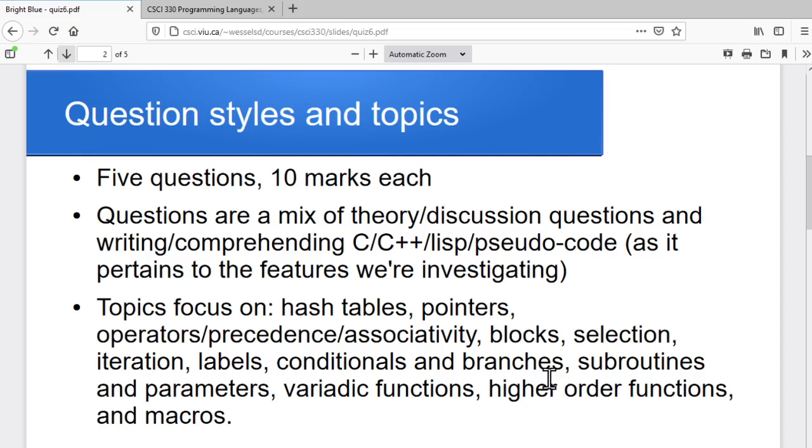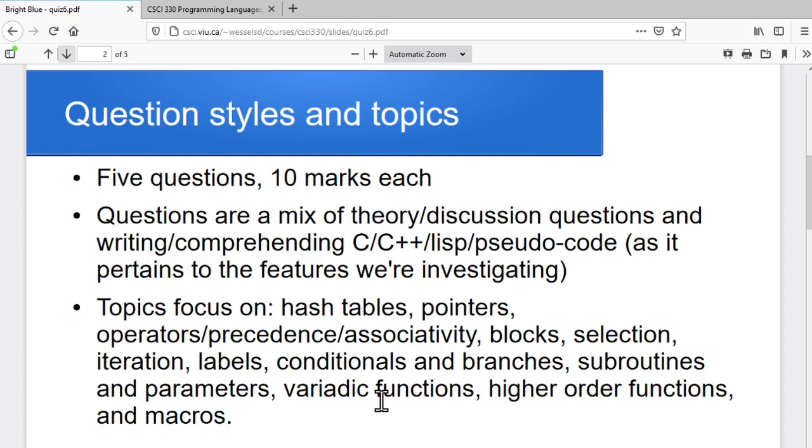Then getting into subroutines and parameters and all of the different scoping issues and the different parameter passing mechanisms, and again, some of the implications in terms of how this might be built and what kind of an impact it has on the programmer. And then getting into things like the variadic functions, and of course we've seen that in Lisp, and now we're seeing how to handle that in C and C++ using either things like the stdarg macros in C,